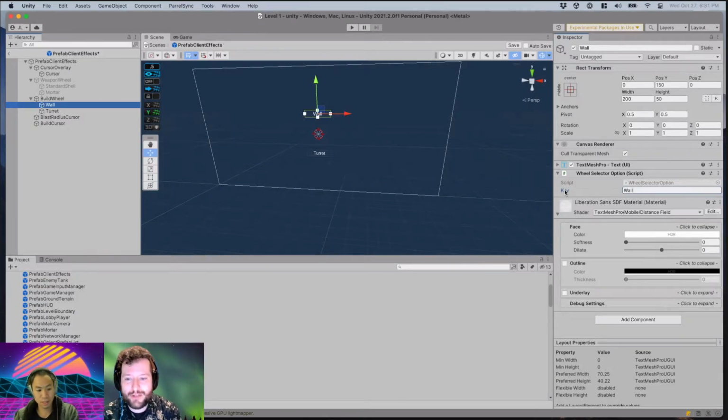Is this a case for scriptable objects, where we can actually pass, like, you want to instantiate types of these, basically? You want to have a stronger coupling of code to UI, so I think you need to instantiate a wall and a turret and stick them in there so they're actually connected. Scriptable objects are a pain in the ass, but I guess that's the way to make sure you don't have to do stringly typed stuff. Yeah, I'd be into it. I'm not 100% sure how it would work from a type safety perspective, just because of this wheel selector option, unless you can basically make a Unity component,